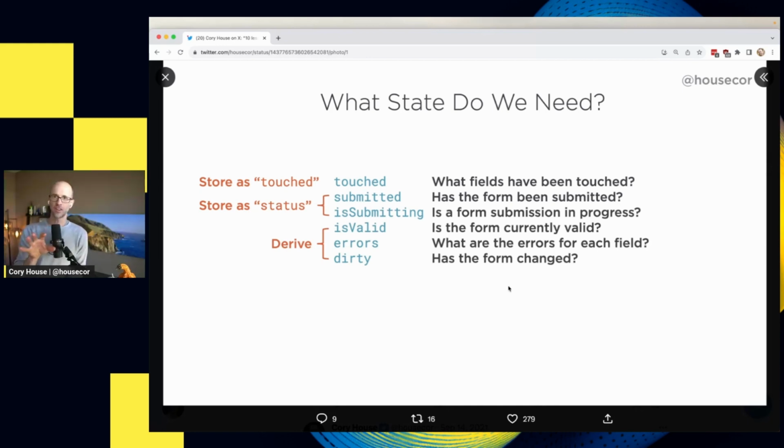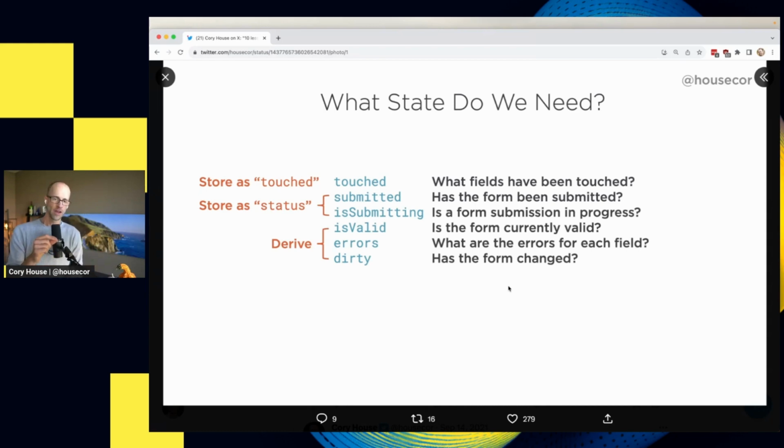And again, that might sound expensive. Maybe it is. It depends how complicated your validation logic is. But generally, you can make that approachable by having memoization if necessary, but I tend to find it's just not necessary. The other thing that I do to make this approachable is I tend to use Zod to perform